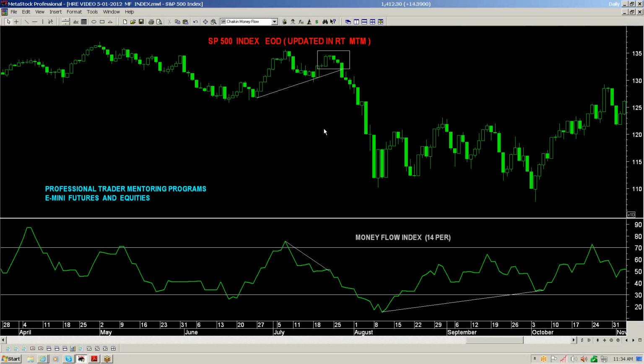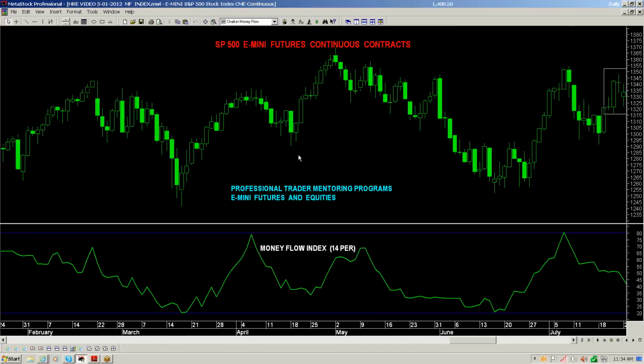The futures will give us the opportunities on the E-mini side that we need in order to be able to trade that market almost 24 hours a day versus just the equities on the open sessions on the U.S. equity side. Here, we have almost a replica, a little bit different, where no two chart patterns are ever the